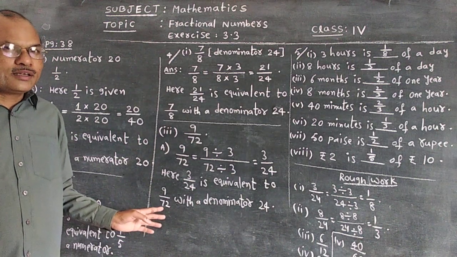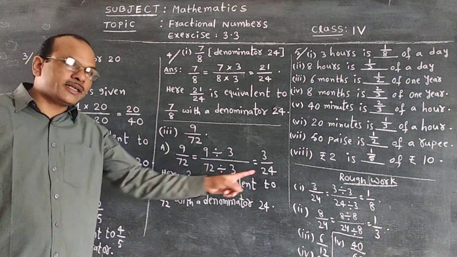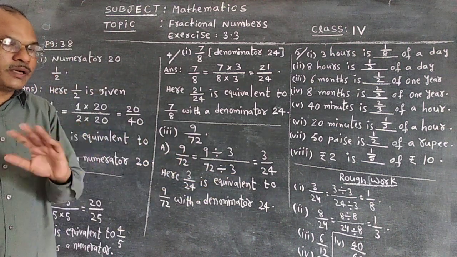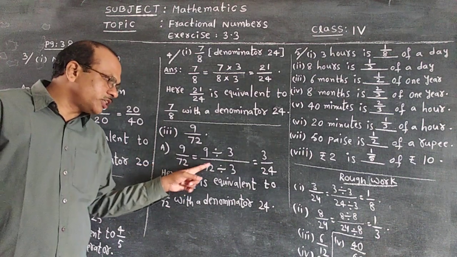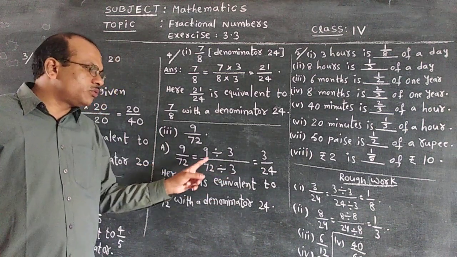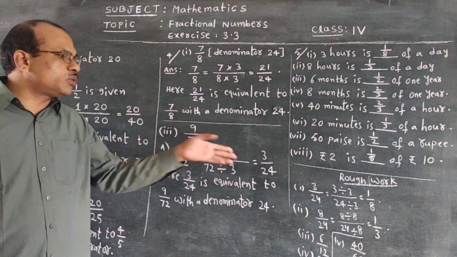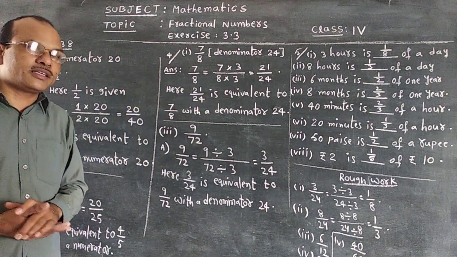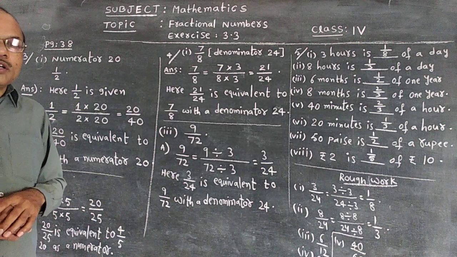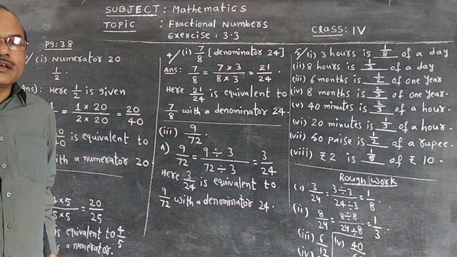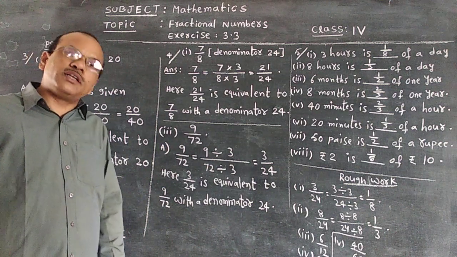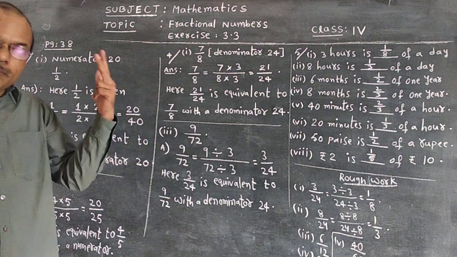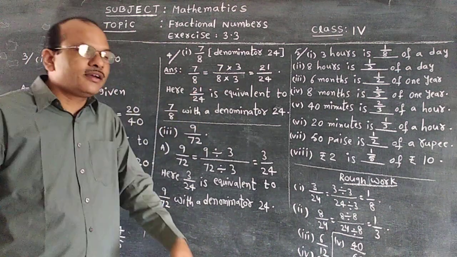Is it clear, students? To get 24 in the denominator, 72 should be divided by the 3 table. It cannot be multiplied with any other table. If at all 72 is multiplied with, suppose, 1, 72 ones are 72, but not 24 as they are asking for in the denominator. Am I correct? That's why we cannot go for multiplication, but we can go for division. So based on the given question, we have to think whether it is for multiplication or for division. Is it clear, children? Practice the other sums which are left, thinking of whether multiplication or division is needed.